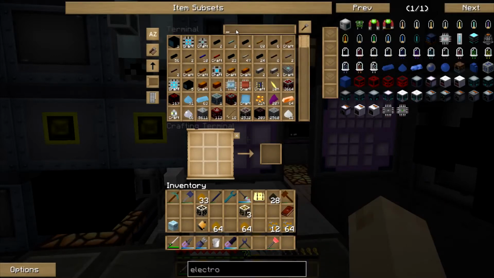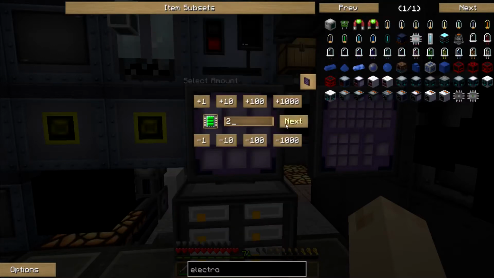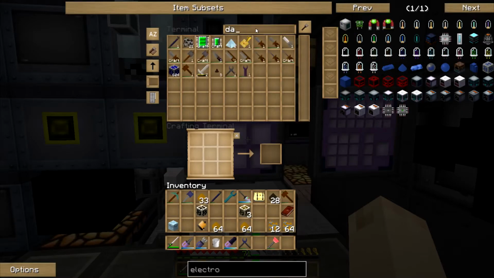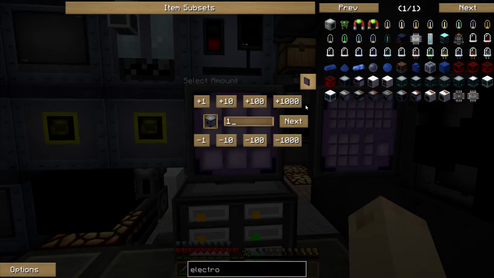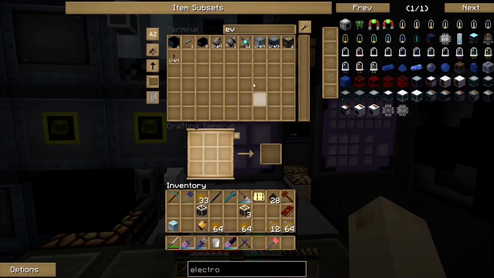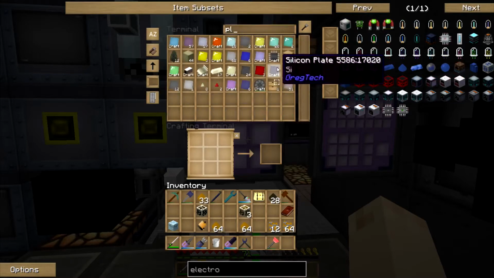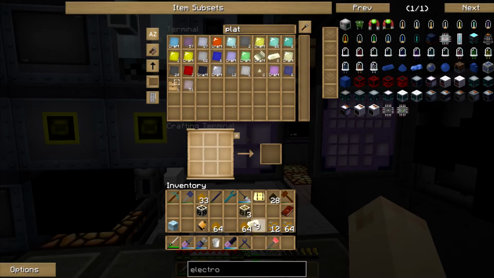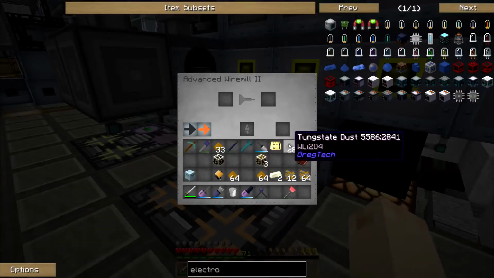Okay, so I need data circuits. I need 2 of these. And it looks like we got all the stuff for that. And then I need the EV hull. Looks like we got all the stuff for that. And then I need platinum wire. Just platinum wire? Because I have lots of platinum, so...